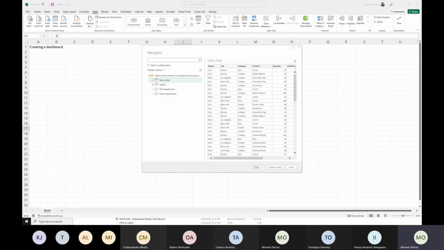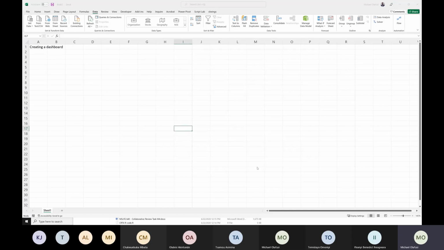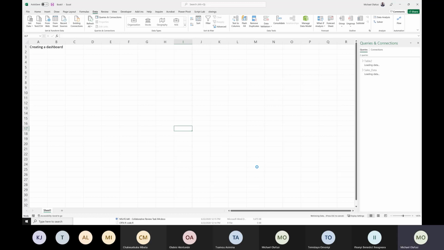Let's not go to transform. Let's just load and see how it looks in my own Excel. Should I do transform, or should I do load, which will give a lot more meaningful results? Okay, so let's do load. It's going to bring them right into my Excel as different sheets.